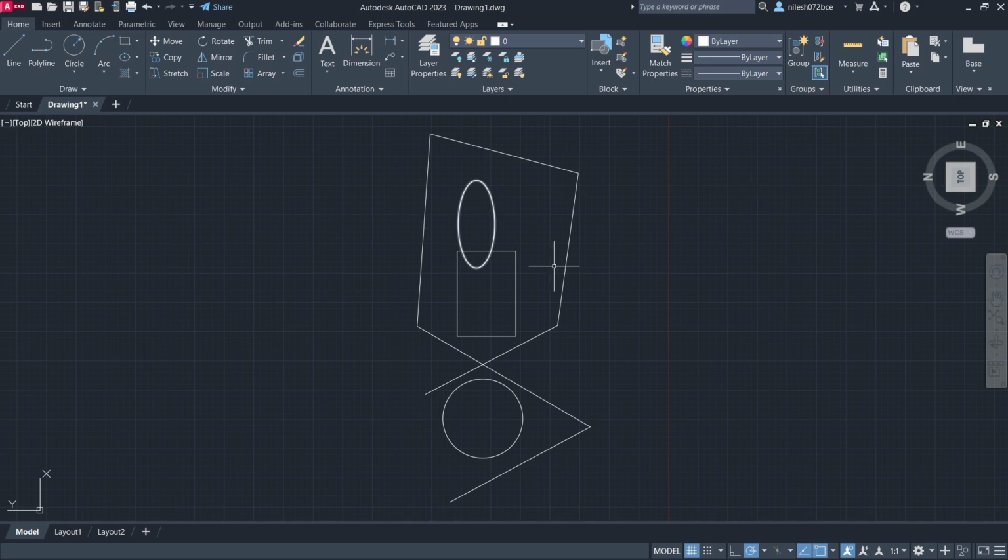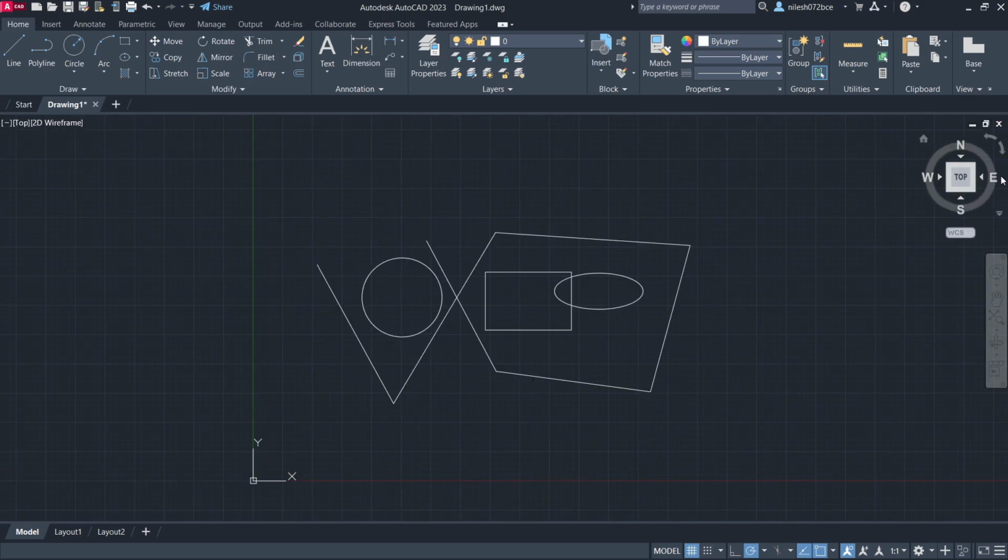So for this we rotate our drawing, and to rotate the drawing, you can see here we have the two arrows. If you want to rotate clockwise, you can use this down arrow, and if you want to rotate anti-clockwise, then you can use this arrow. So let me rotate this in clockwise direction once, then I will click on this arrow, and you can see our east is at the correct place and the north is at the correct place, and the drawing is top view.